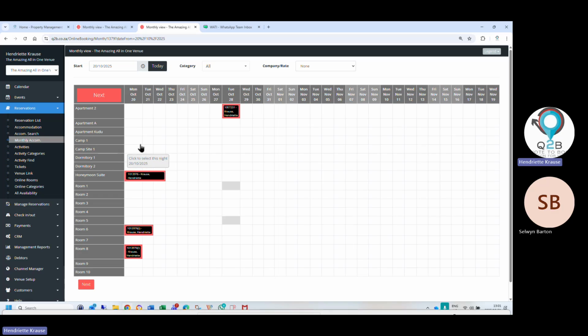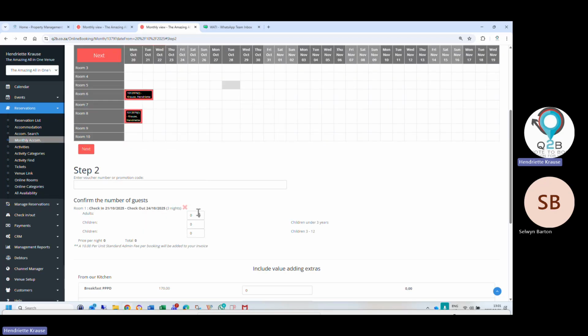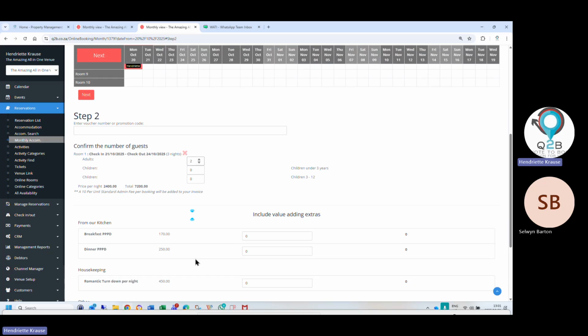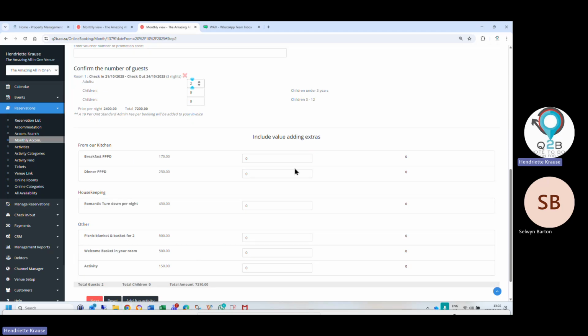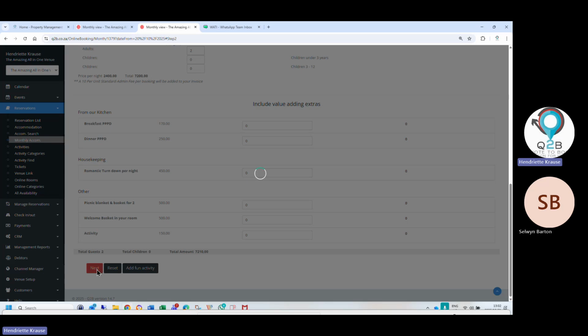So if I want to book for today and I want to book room 1, I can easily just click the nights that I want, and that's only for manual booking, meaning a user is logged in to do it this way. Okay, so we carry 2 child policies and also a pensioner policy if you want to set it up, and we allow you, if you add on extras, anything to add with your room as an add-on.